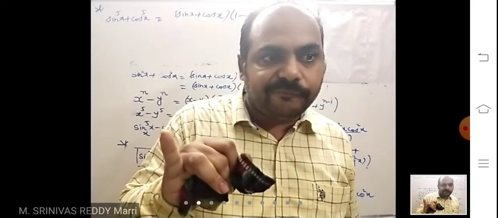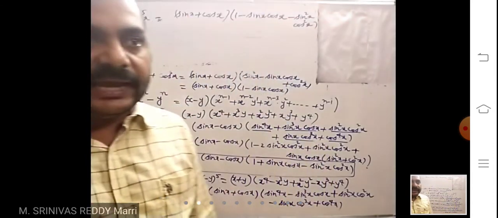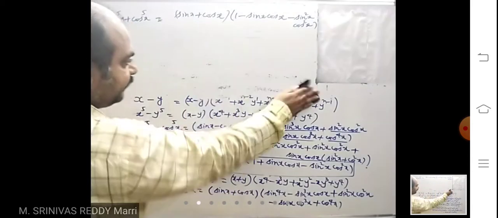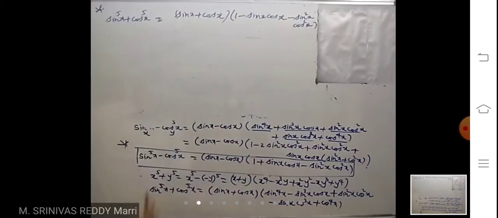Whenever you get these terms, immediately you must be able to write them in the problem. Usually we will get sin cube plus cos cube, then sin power 4 plus cos power 4, sin power 5 plus cos power 5, sin power 6 plus cos power 6. If you remember the formula, it will be easy. Otherwise, you use this factorization method and then simplify, no problem. If you are unable to remember, remember this one, x power n minus y power n. Look at how the problems will be on this application, very miscellaneous problems.